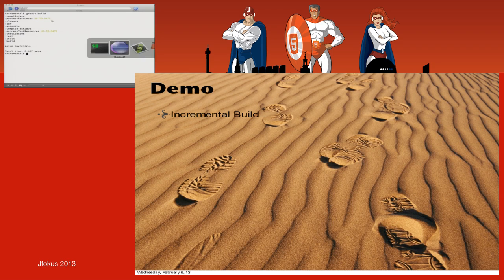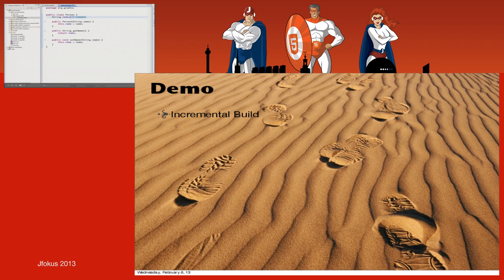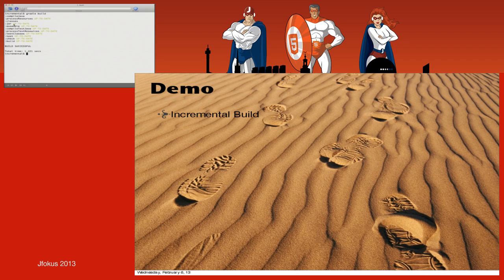So let's do a different change. Let's just remove this comment. And let's see what happens. That's interesting. Gradle detected the stuff needs to be recompiled, but the bytecode hasn't changed. So the jar is up to date, the test class path is up to date, tests don't need to be re-executed. So that was a nice time saver.